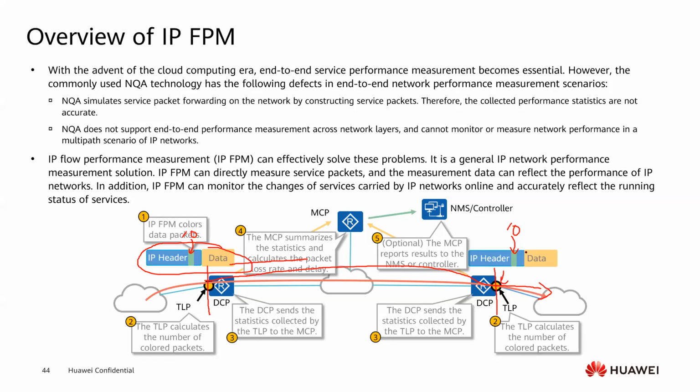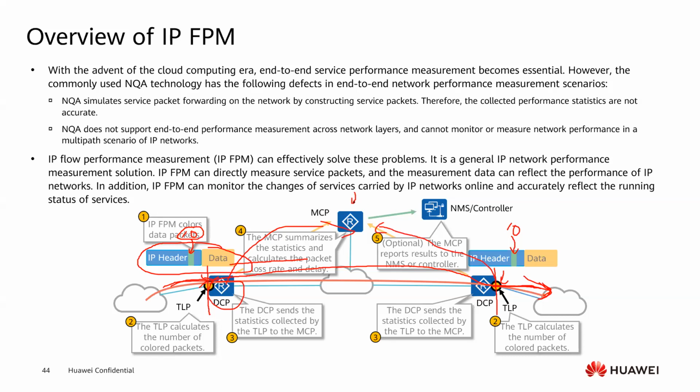How many of those packets go out from my interface? These devices will record how many packets with the number 10 enter the network, and they will report this information to the MCP, and